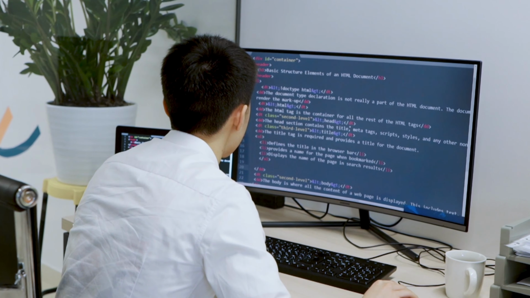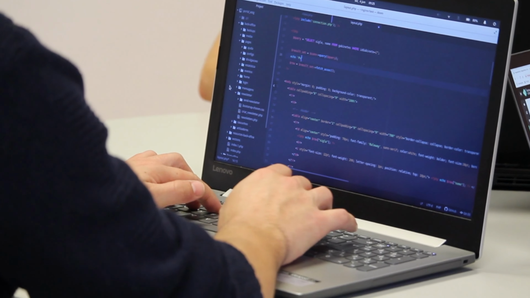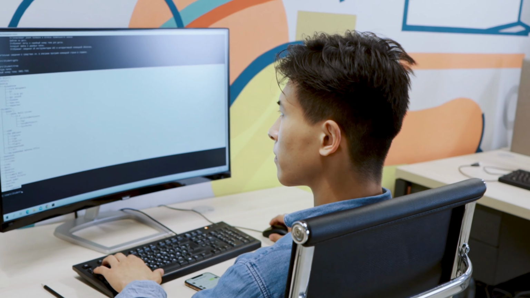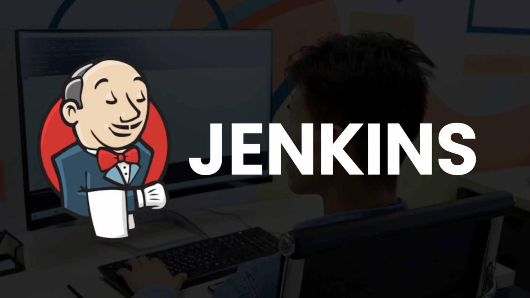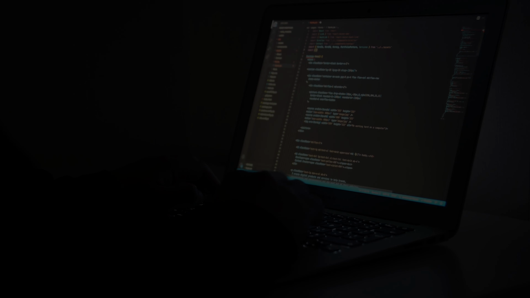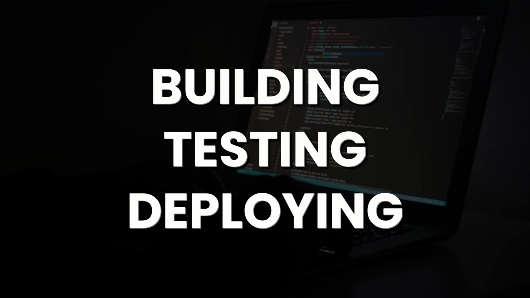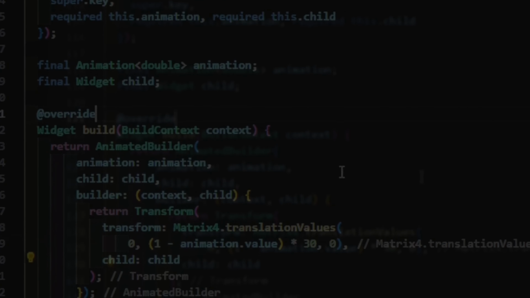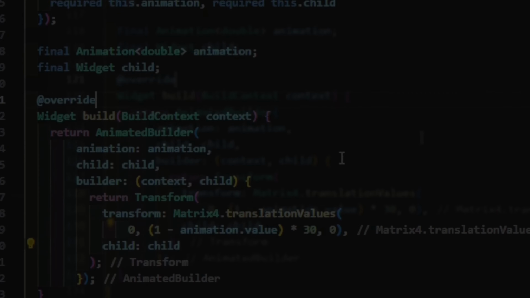Hey everyone, today we are going to see the world of continuous integration and automation with Jenkins. Whether you are an experienced developer or just a beginner in programming, understanding Jenkins is important. Jenkins is an open source automation server that helps automate the parts of software development related to building, testing, and deploying the software. The Jenkins project was originally named Hudson and was renamed as Jenkins after release in the year